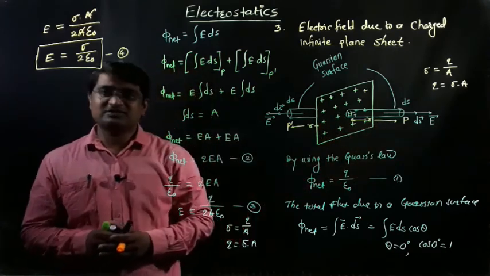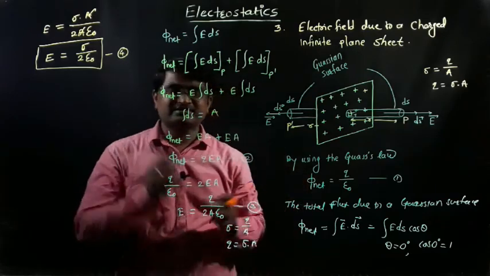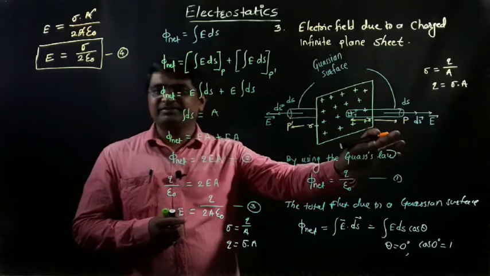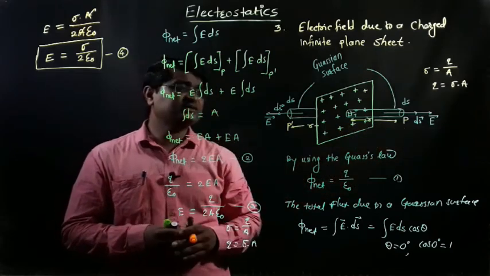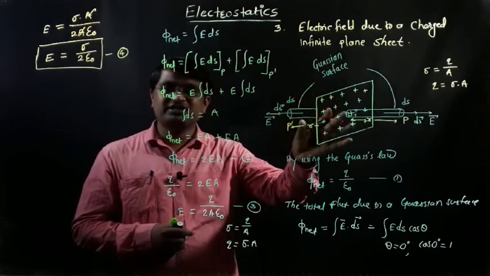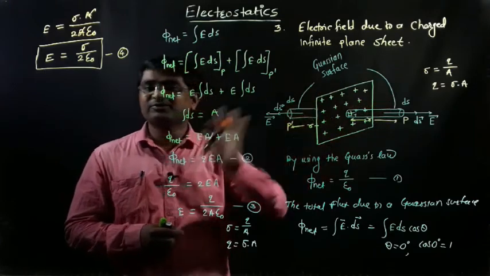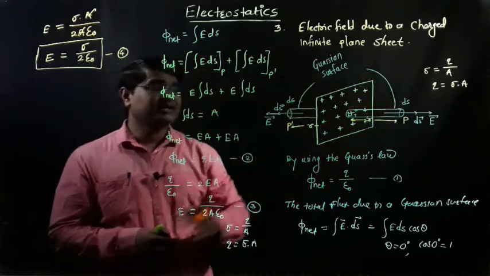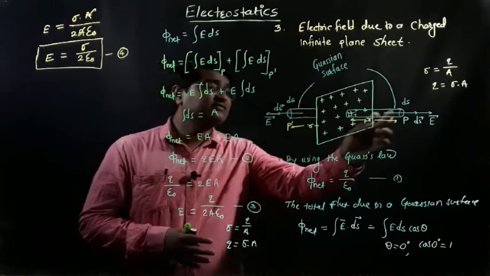So we can draw the Gaussian surface. But before that, when we write the second step, consider the point P at a distance r from the plane sheet. We can observe the same when positive charge is on the plane sheet. Now the electric field is moving in an outward direction and it is perpendicular to the plane sheet. It is very important: the electric field is generated perpendicular to the plane sheet.